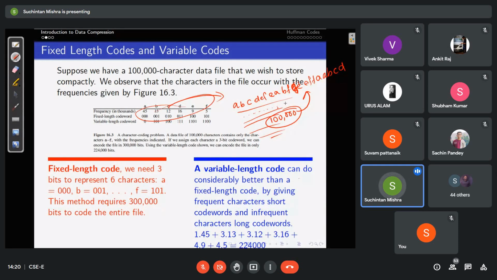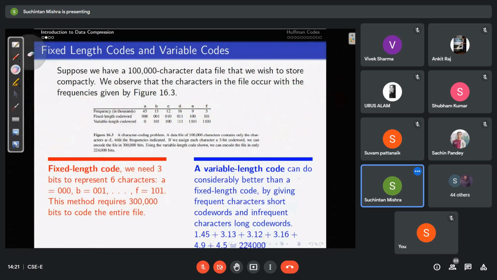Okay, so these 100,000 characters are consisting of these symbols only, nothing outside this. Okay, so we have a string of length 100,000. Now, if I have a string which has repeatedly these characters for 100,000 times,